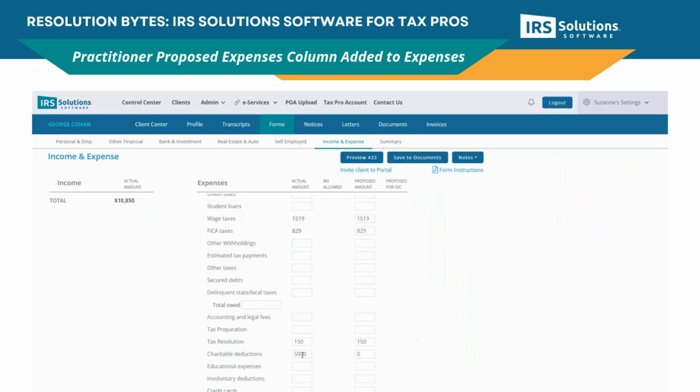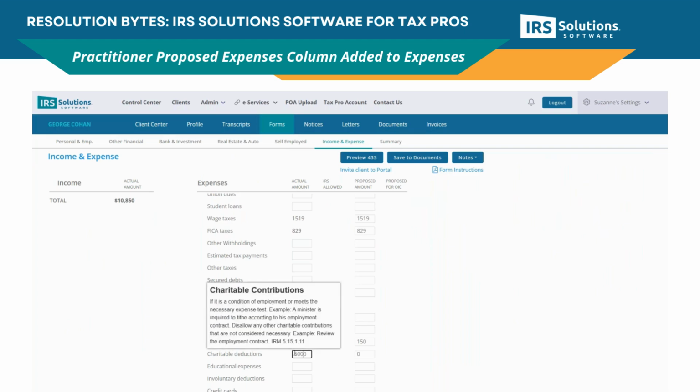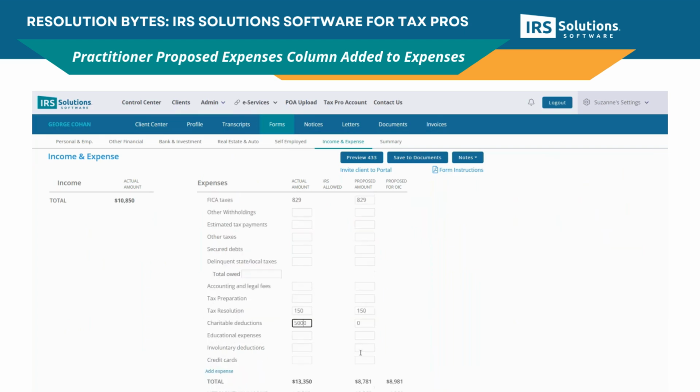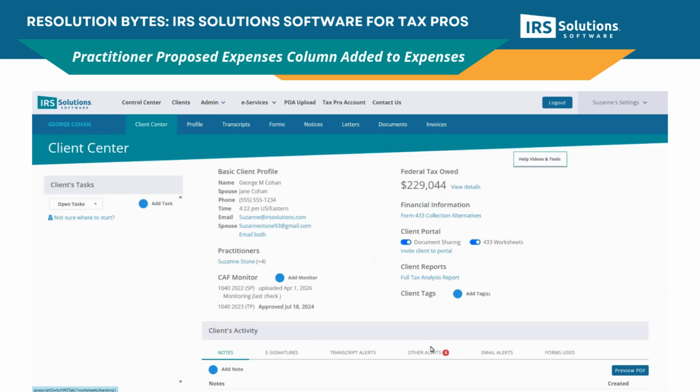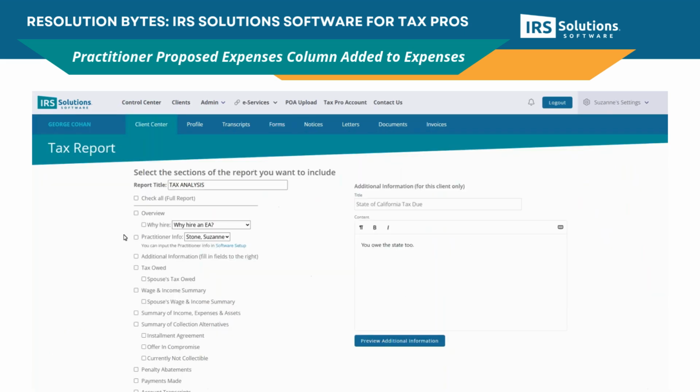When you give them the report, you want them to know that you considered their $5,000. So in the full report, it will still show the $5,000, but when you submit it to the IRS or when you're discussing this with your client, you can tell them the IRS is probably not going to make that into an allowable expense, and explain it to the client why. But when you hand them their full report, it will still show,